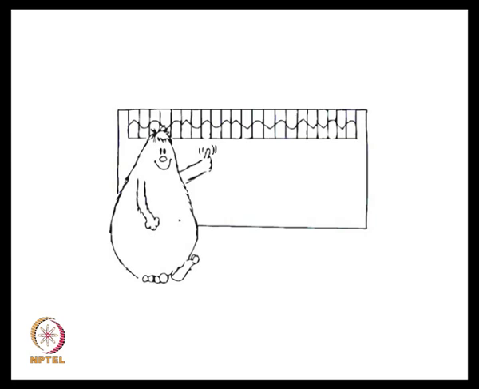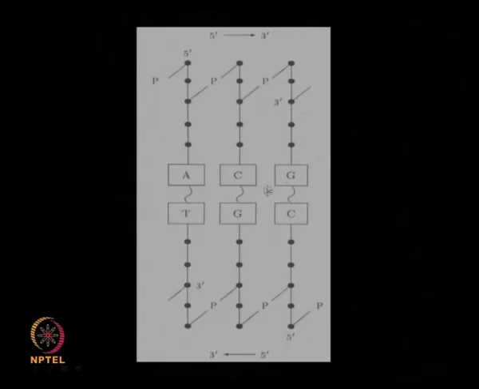So, with that you can form the double strand in a very convenient manner, and you see how easily this has been formed. Also, the double strand is represented like this. One strand is represented as 5' to 3' end, another one is represented as 3' to 5' end.